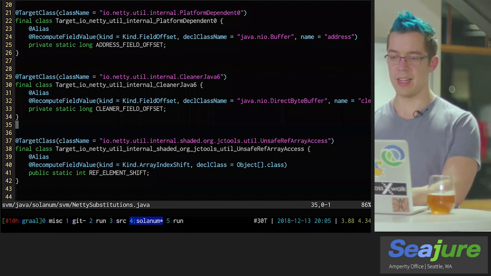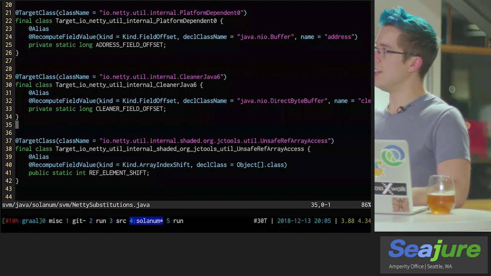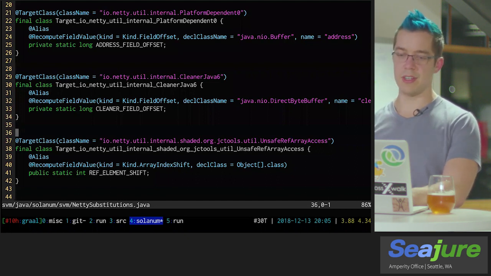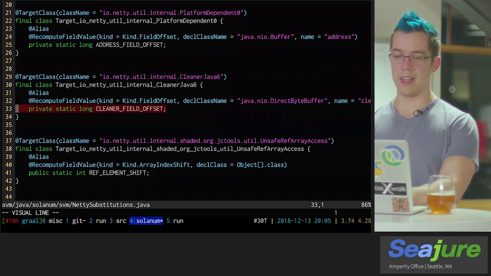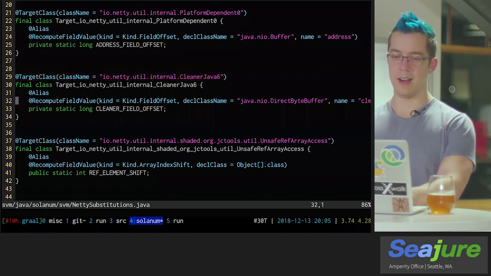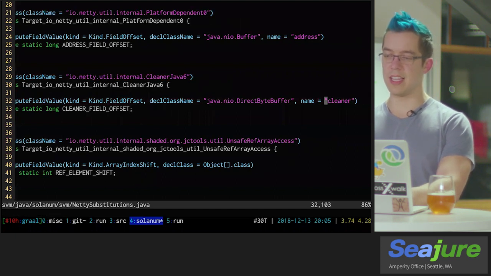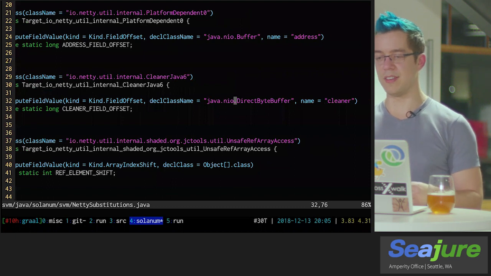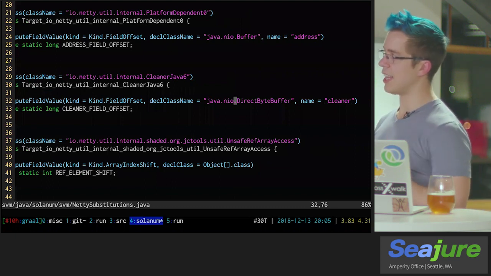And so for each of the errors we ran into in that compile output, you can see that we are providing some hints about the field, the class name where it came up, and how it can actually recompute that field value. So when it sees the cleaner field offset in the Netty util internal Cleaner Java 6, we know that that should actually be set to the cleaner field of the Java NIO DirectByteBuffer class.